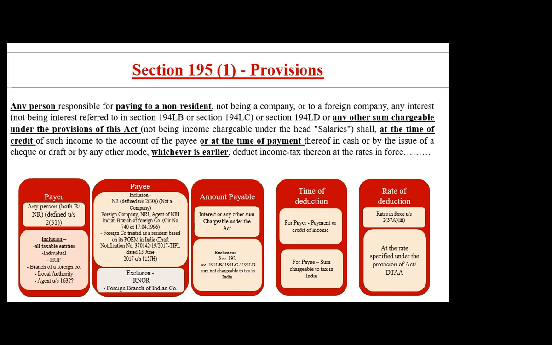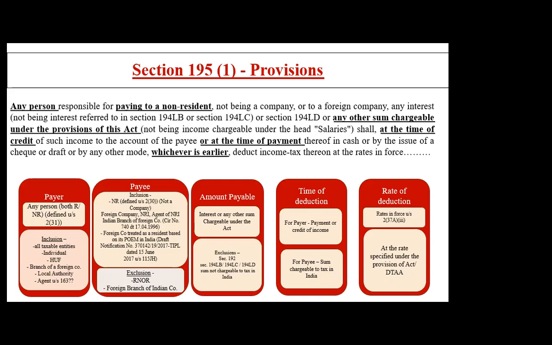So there is even a specific notification by the department which says that a foreign company which becomes a resident company by virtue of POEM will still be treated as a foreign company for all the purposes of 195. So for chargeability of tax of that company, it will be a POEM. For determining the residential status, it will be a resident. But for deduction of TDS, it will be a non-resident. Correct. Absolutely fine. Now, ma'am, DTAA is not applicable in this case? I will come to that.